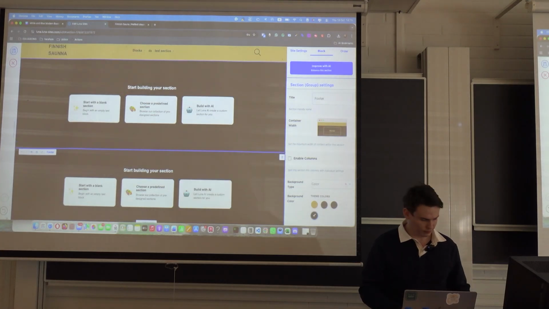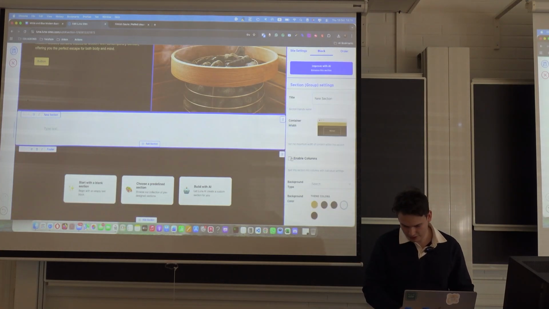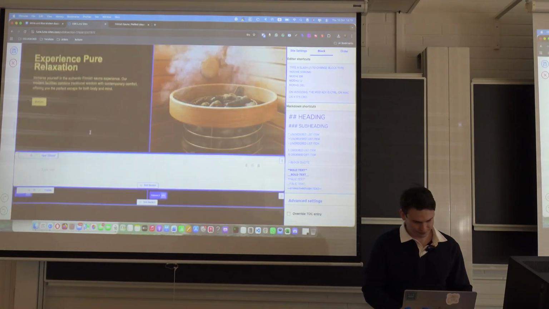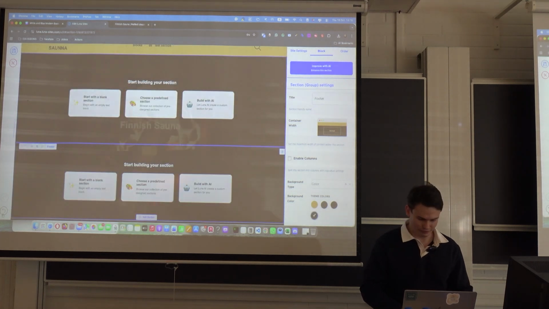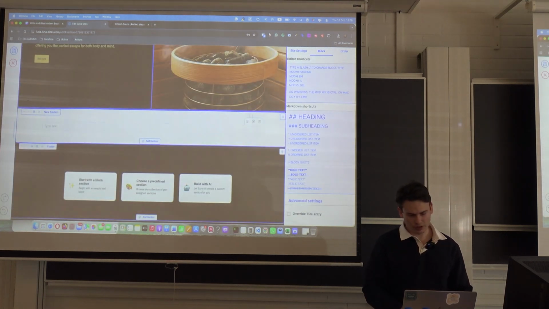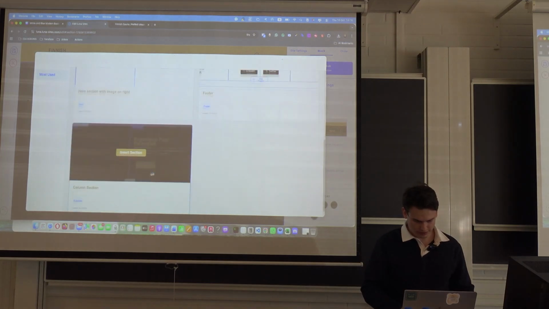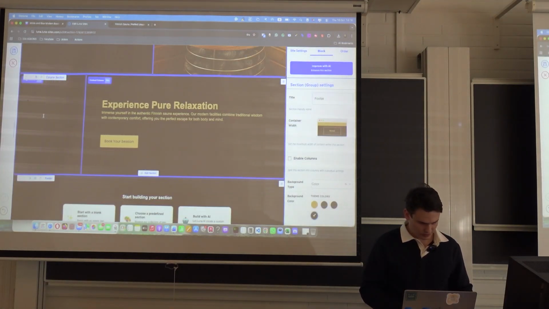I didn't know about this bug. Okay, I will enable columns. No, I don't know what's happening. It's a bug. Yeah, I don't know. I will copy. I think I will choose a predefined section, this section, and we'll make it like this. But here I don't have the